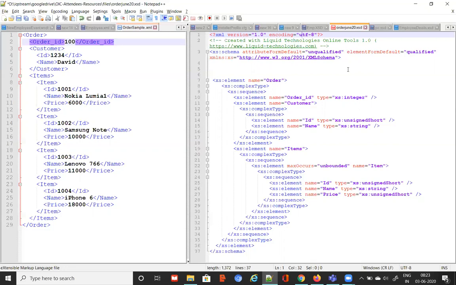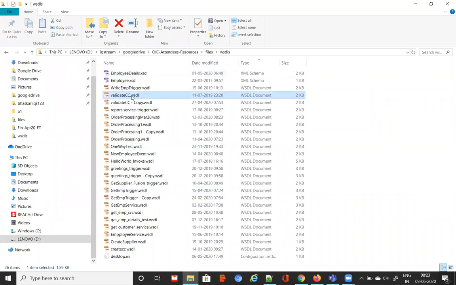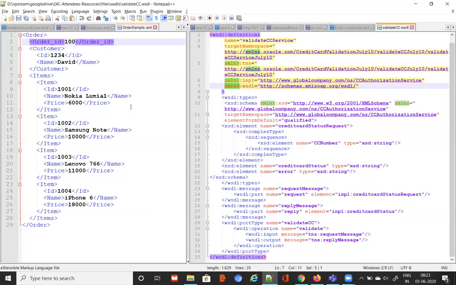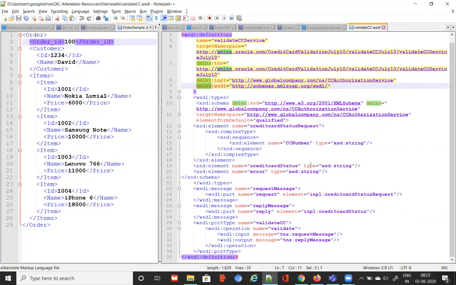Bhaskar, Sudhir here. Do you have any sample file to show a file having two references in the same file? We will actually be referring to some WSDLs later. For example, if I open this WSDL, you can see XMLNS, XMLNS, XMLNS. I'll be talking about that in WSDL later. The main purpose of XSD is that we are going to refer to them in WSDL and also in integrations, but WSDLs will have multiple references of XMLNS. Mostly we'll be talking about that in the next session. Okay, thank you. No problem.